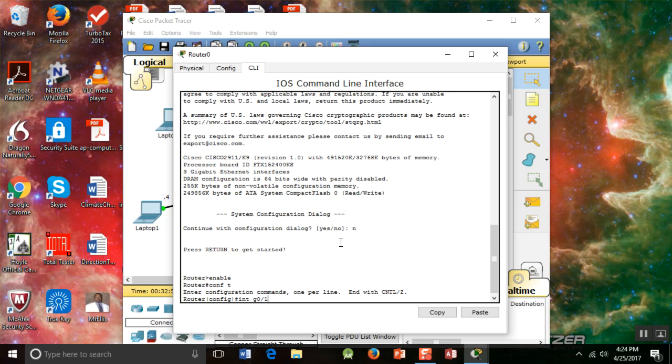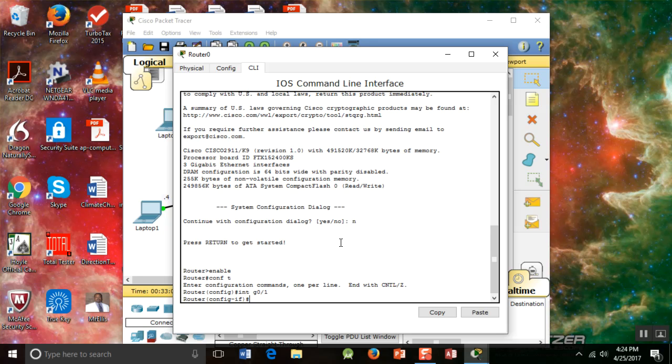This is gonna take me into the interface for configuration. So I'm in the configuration interface. I want to go IP address, which is the way we assign the address. This is nothing new for you. Okay. The address is going to be